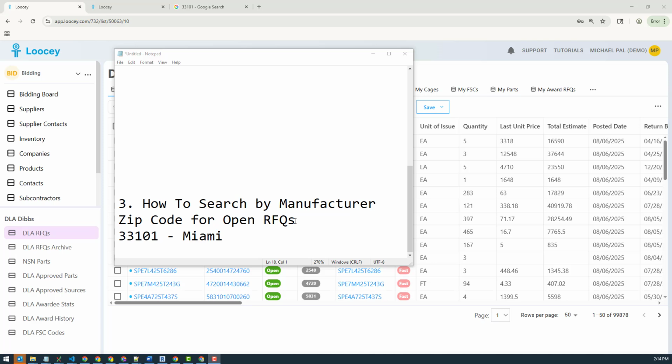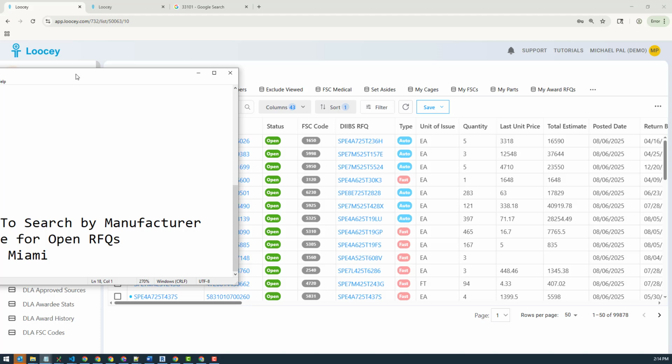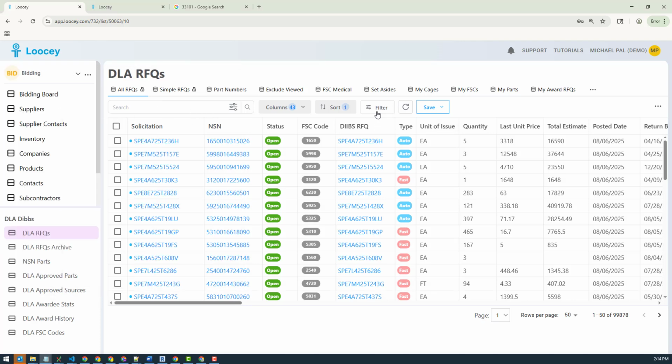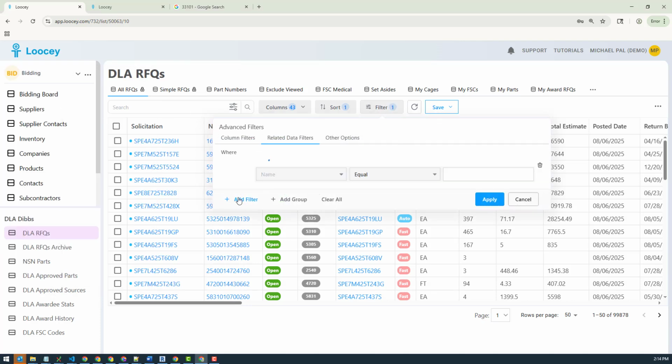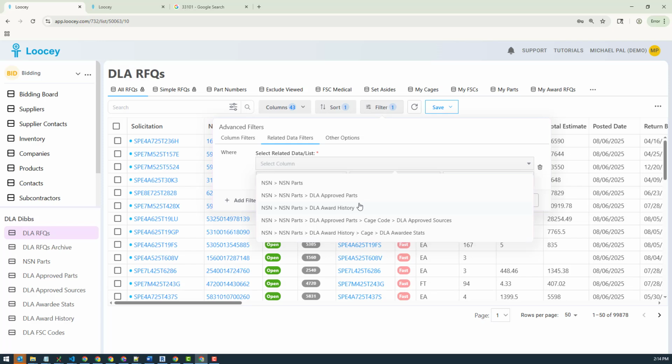So that's why I still love doing a local zip search. So this time we're gonna use Miami zip codes. But let's see how we do this with our new advanced search related data filter, right? I'm gonna do the same thing. Come here, add filter. I'm gonna go related tab here, add filter. This time, and again, we wanna basically select, let's see. So approved sources. So we're gonna get down to,